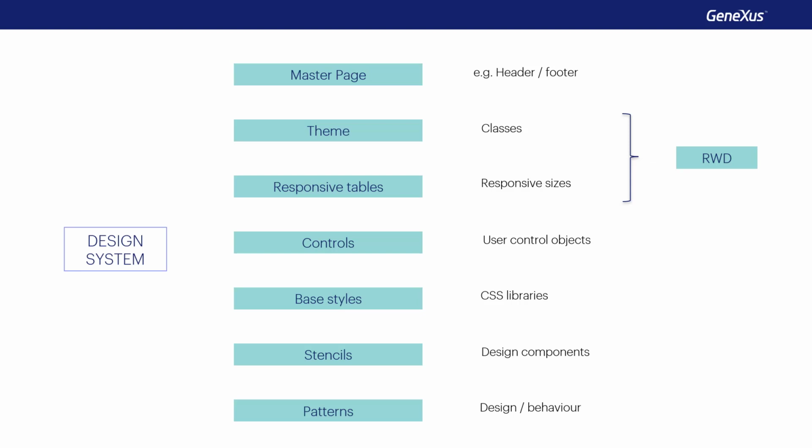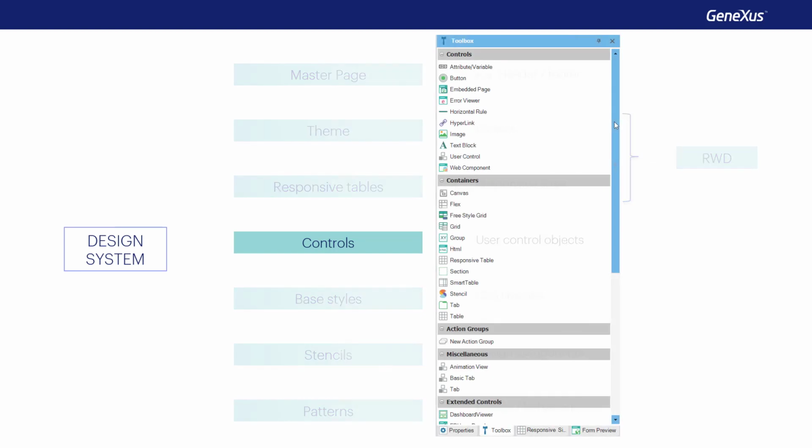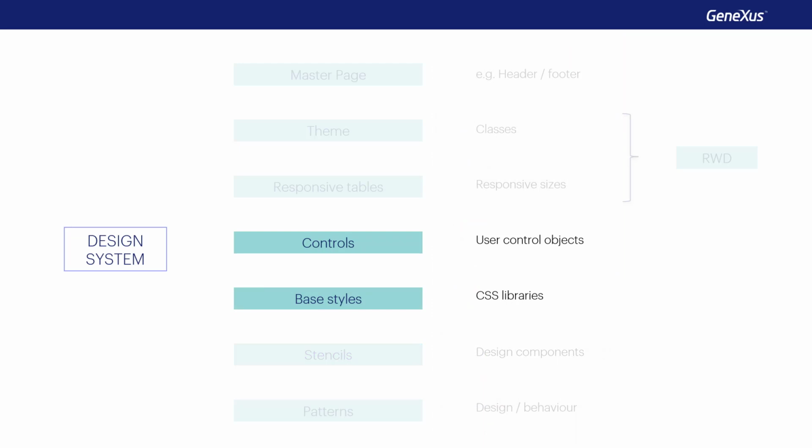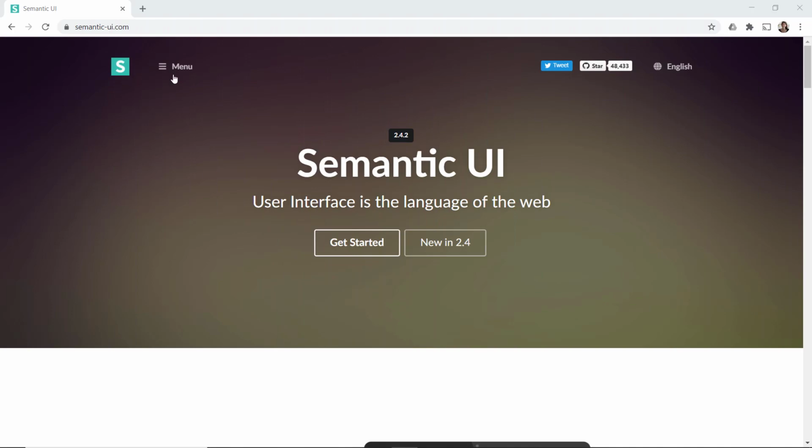In the initial Genexus course, we briefly covered each of the Genexus elements involved in the implementation of a design system for the application. Among them, we had said that we could not only use in our forms the controls that come in the Genexus toolbox by default, but we could also define user controls, which can be copied from platforms that offer those controls, together with CSS libraries, which are, like our themes, the ones that specify their style, the style of those controls. For example, this one, Semantic UI.